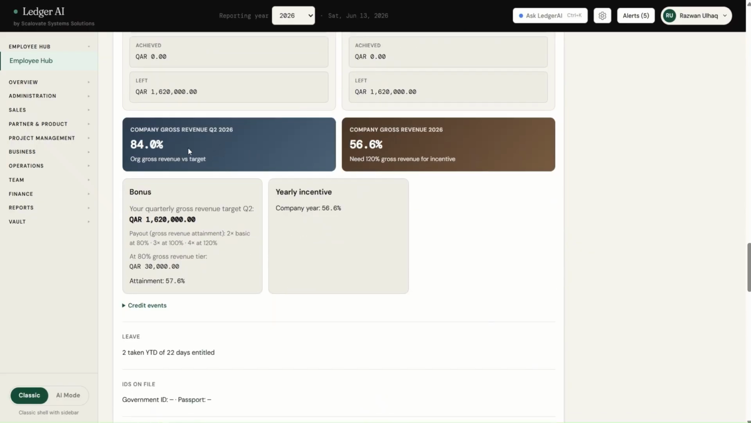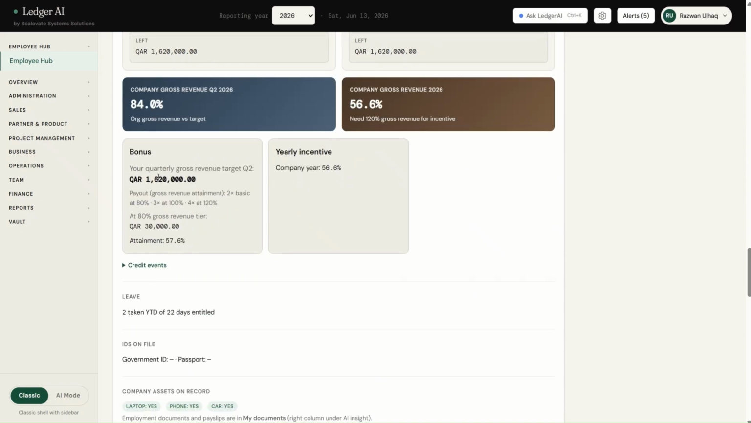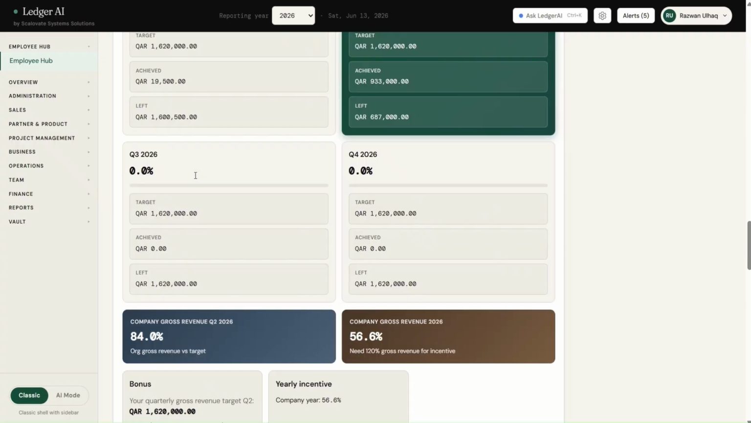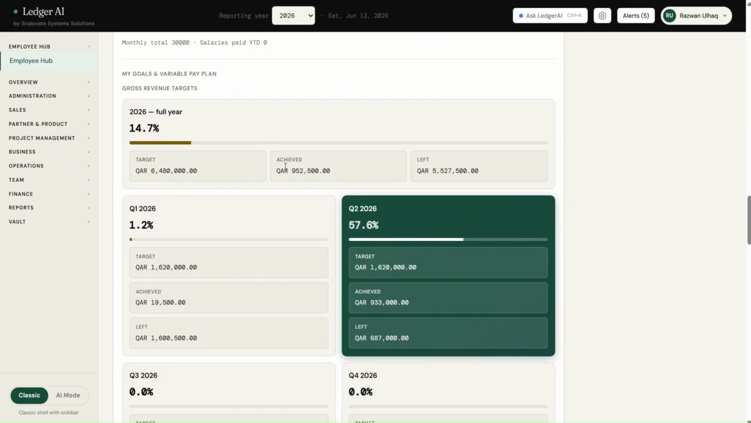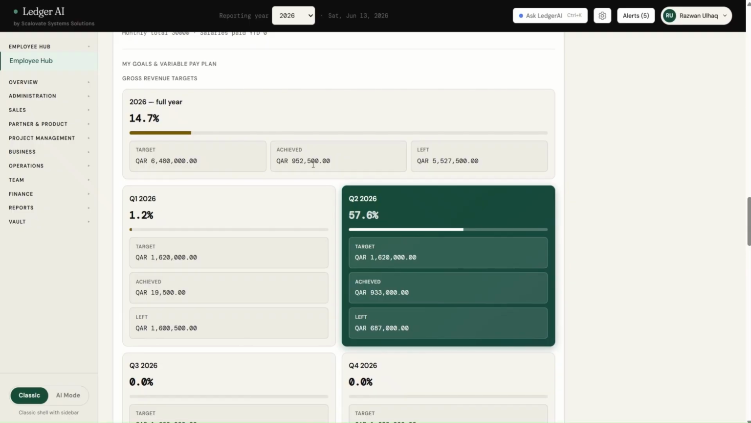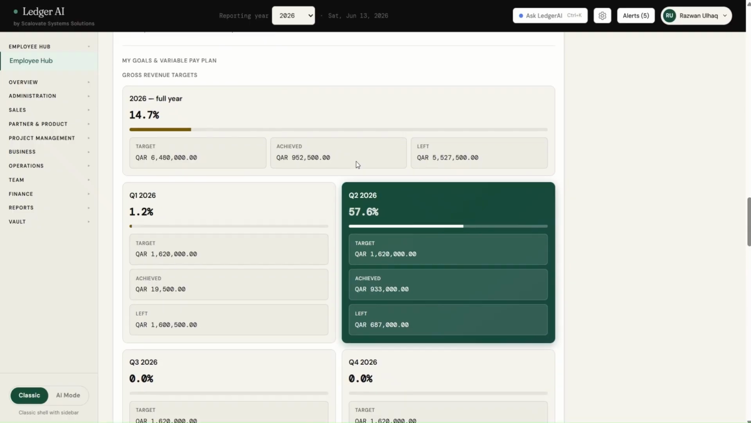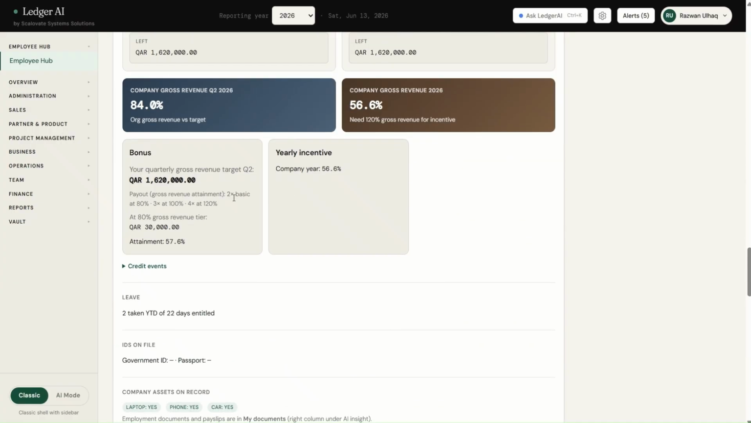And then overall, the company gross revenue is this much, and this is the overall health of what has been achieved, right? And then the quarterly bonus that I have, according to my role, according to my salary and everything else. So my targets are about 1.6 on a quarterly basis. What I've achieved is about 952,000, nearly a million, but the left is 505.5 million, which I need to work hard for. But then my quarterly gross revenue bonus would be 1.6 mil,